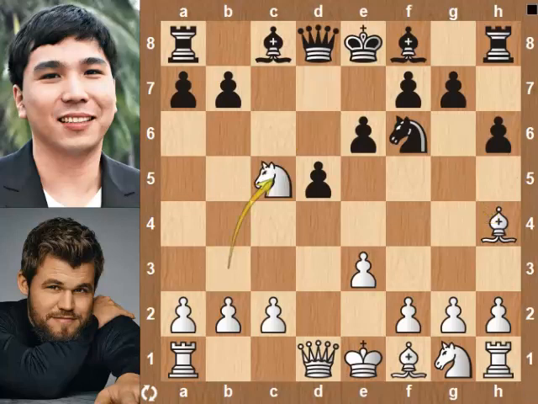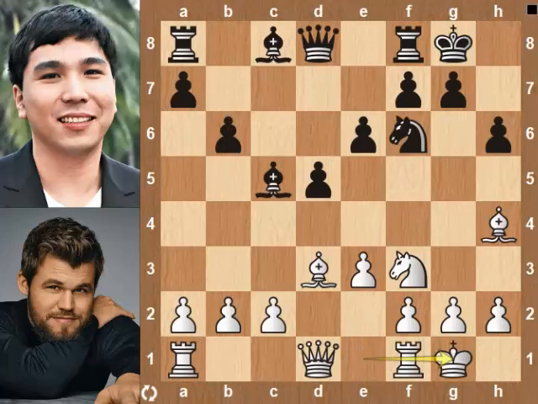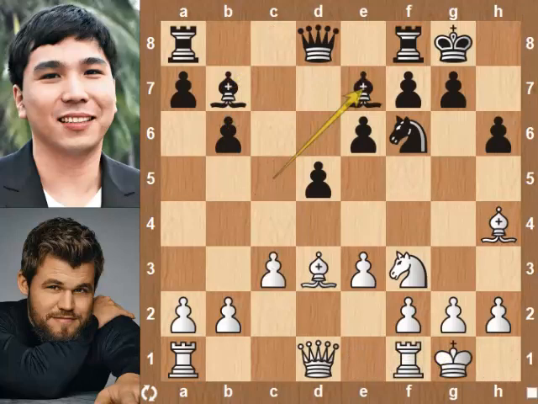Knight takes pawn, knight takes knight, bishop takes knight, knight f3, castles on the king side, bishop d3, b6. Black wants to develop his bishop on b7, castles on the king side, bishop b7, c3, preparing b4, bishop e7,